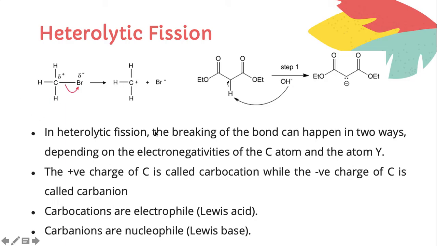Heterolytic fission. The breaking of the bond can happen in two ways depending on the electronegativities of the carbon atom and the atom Y. Atom Y is the atom which is attached to the carbon atom. So, the positive charge on carbon is called carbocation, while the negative charge on carbon is called carbanion. So, if you look at this bond, it is a covalent bond. Two atoms with different electronegativity